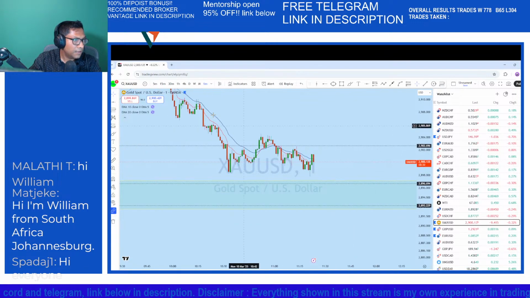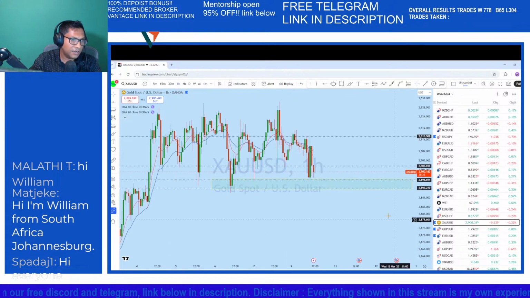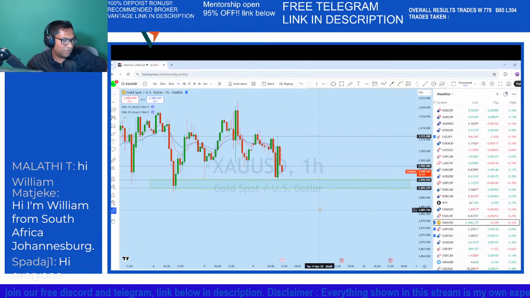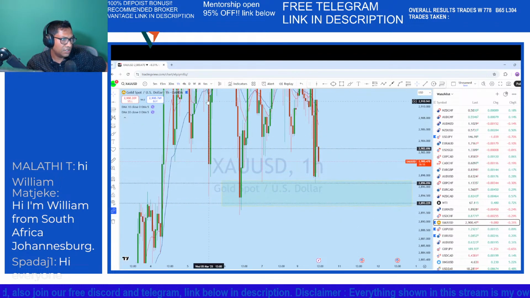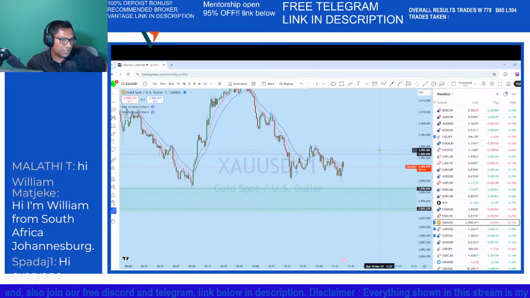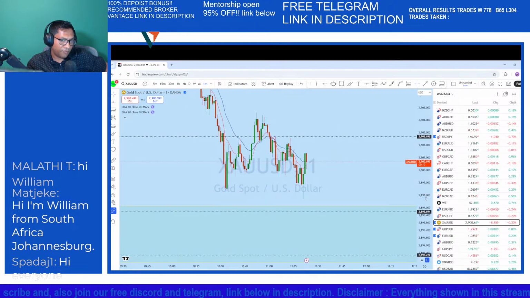Let's see how we can find entry. From the bigger picture perspective, XAUSD is highly bearish at the moment. We have seen significant rejection from the zone, and this is the 1 minute chart. As you can see, in that lower time frame,